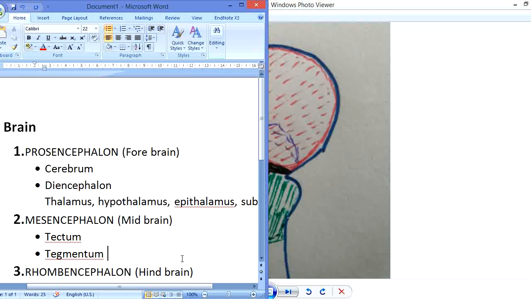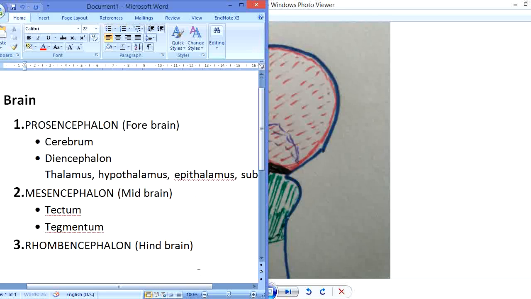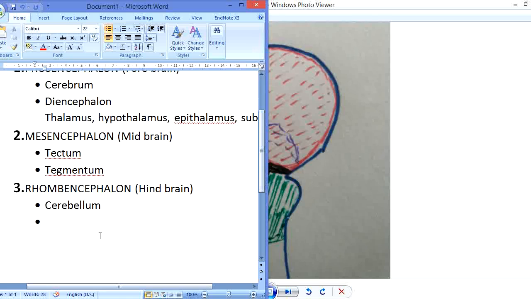So the hindbrain also consists of three main parts: cerebellum, which is the second largest part of the brain and controls the balance of the body and many other functions, which we will learn about in detail later. This is the cerebellum. The second one is the pons, and the third one is